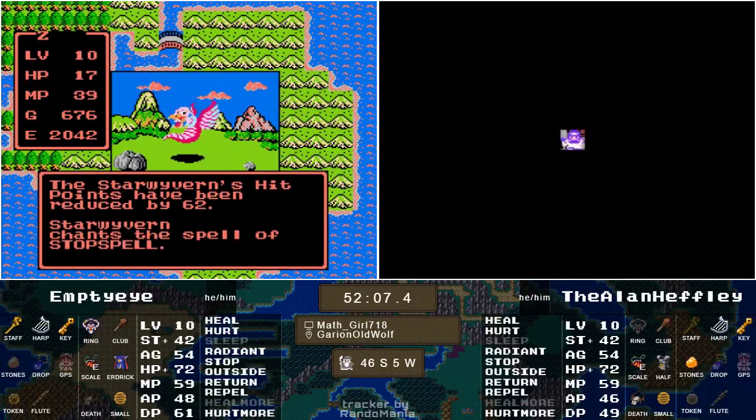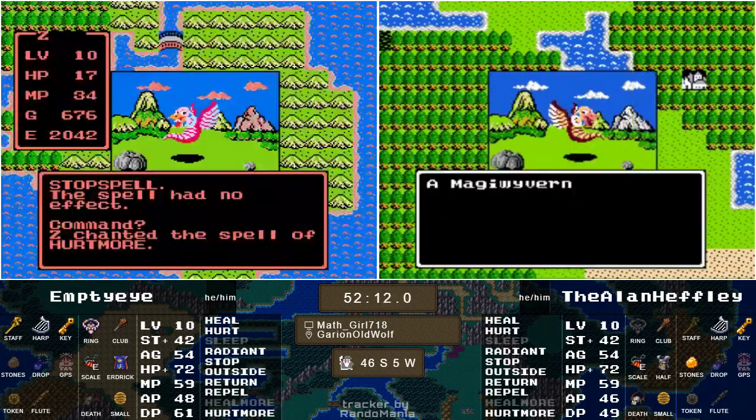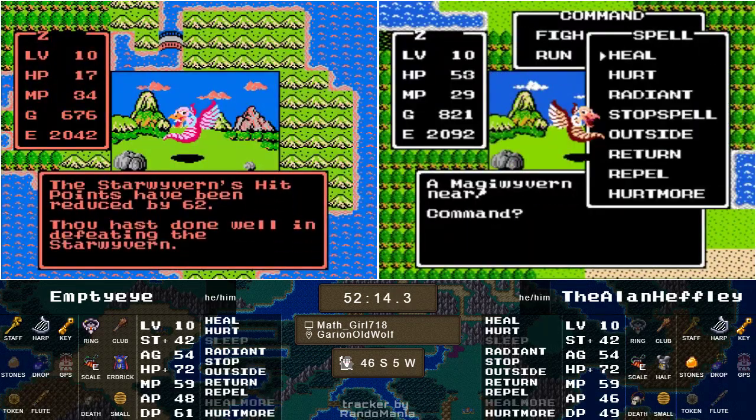Star River's been hurt more. That's always a good time. And stop spell. Well, that's not going to have any effect on Emptyeye now, but...